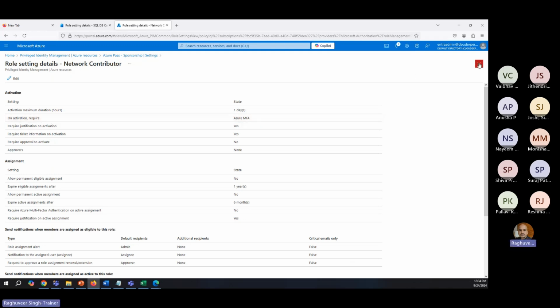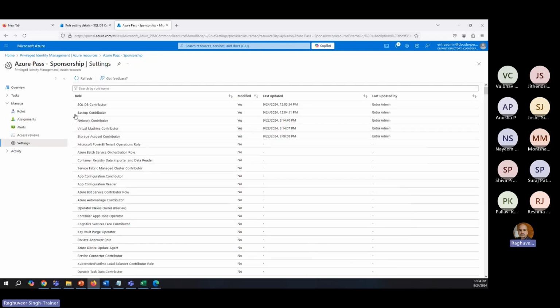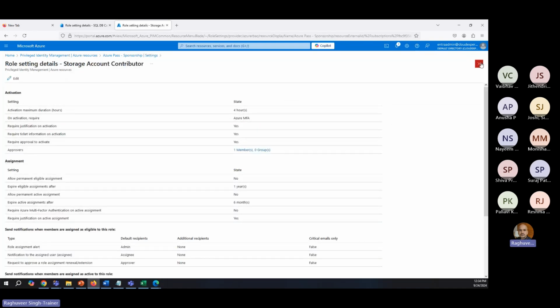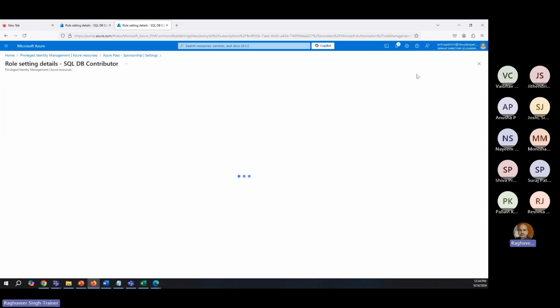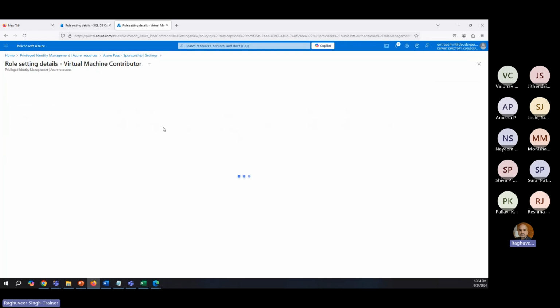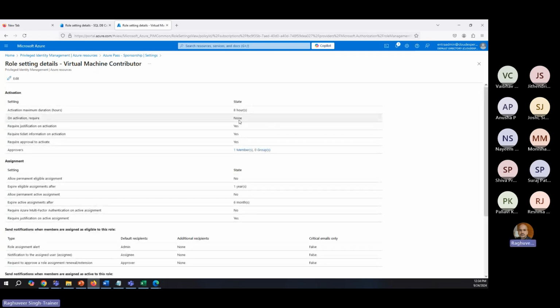No, it requires MFA. Was it storage account contributor? It also requires MFA. Was it? No, it's not SQL DB. Network, what is virtual machine contributor? Yeah, virtual machine contributor doesn't require anything. So what I will do, I will quickly assign Romil virtual machine contributor role and show